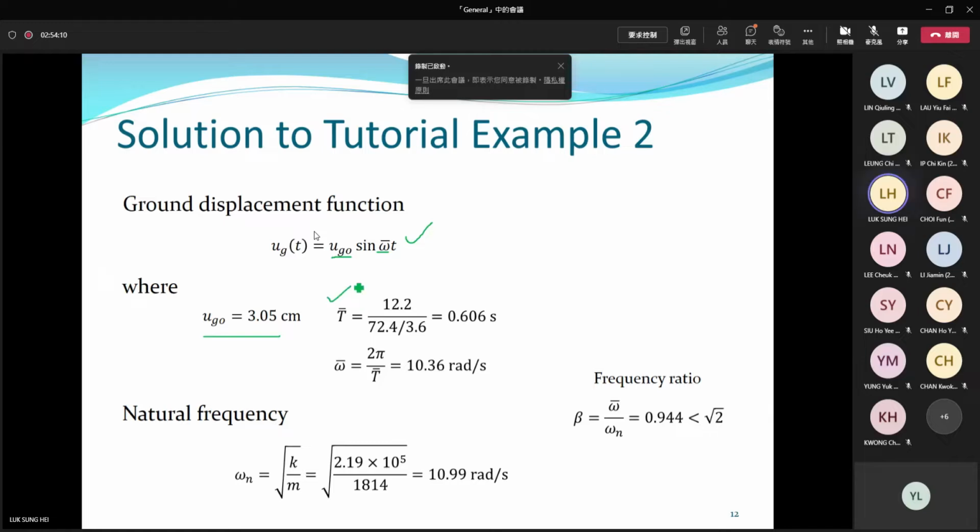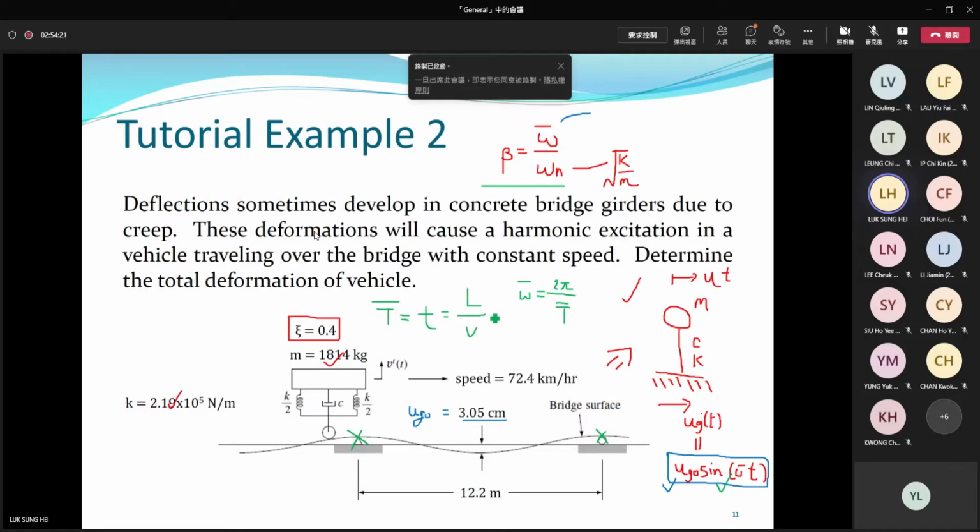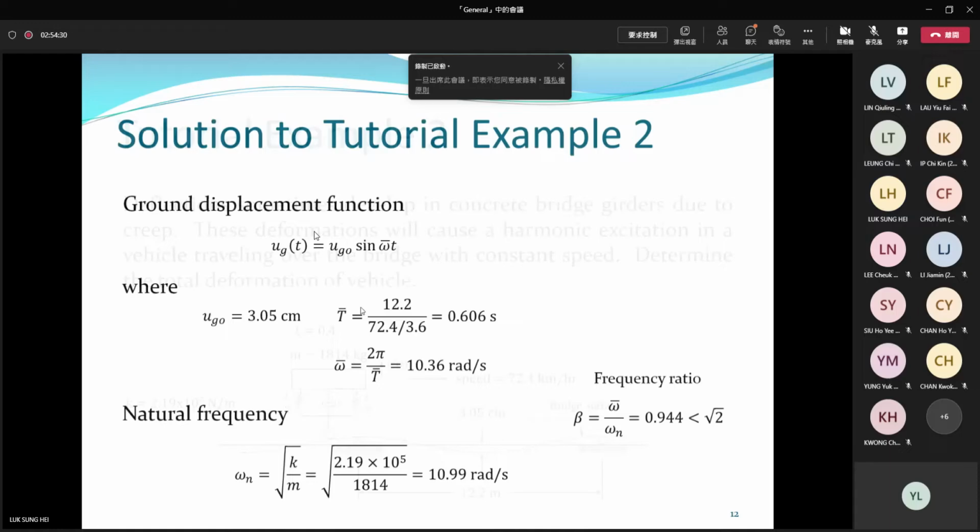The period: we find the period first, traveling from one support to another support. Distance over speed. You have to change the unit of speed a little bit because the speed is expressed in km per hour. You have to change the unit to meter per second or some equivalent. Here I convert the speed to meter per second. And then the length over the speed gives you the time. The time means the period to complete one displacement cycle, 0.606 seconds. 2 pi over period gives you the exciting frequency, omega bar,